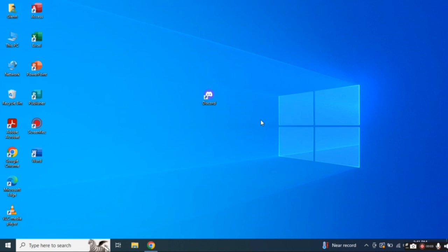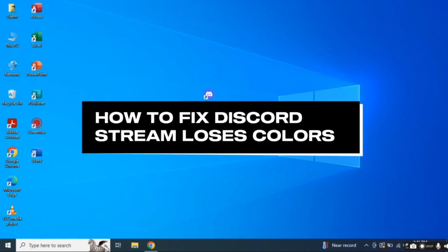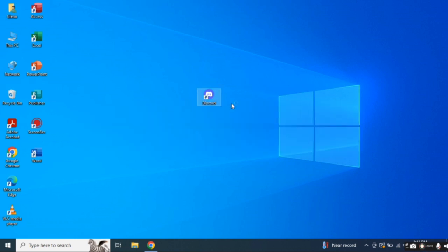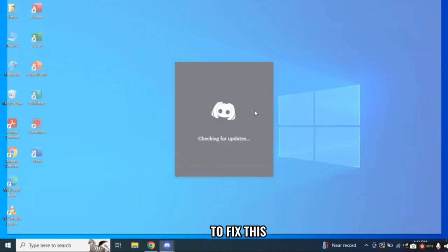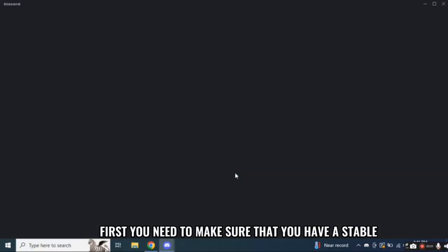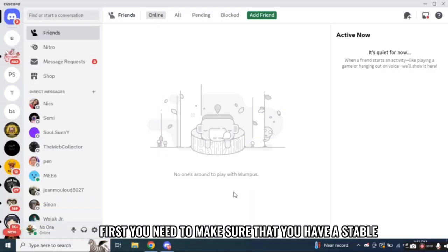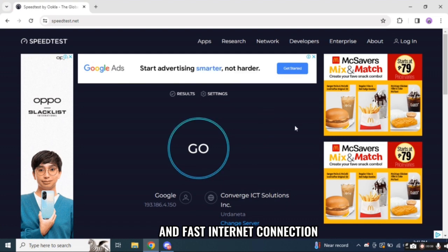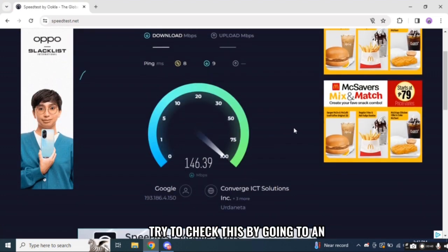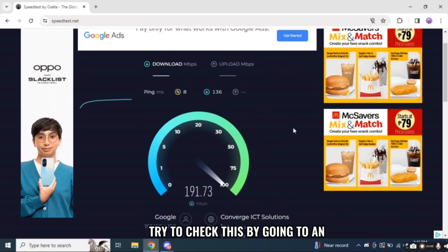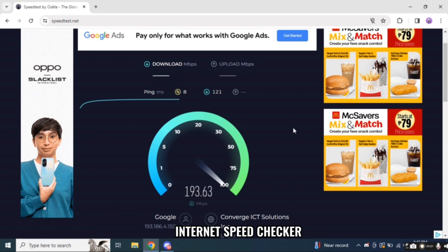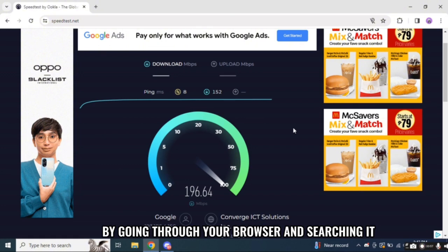In this video, I'm going to teach you how to fix the Discord stream loses color issue. To fix this, first you need to make sure that you have a stable and fast internet connection. Try to check this by going to an internet speed checker, which you can access through your browser